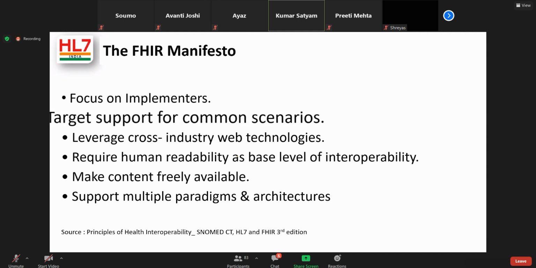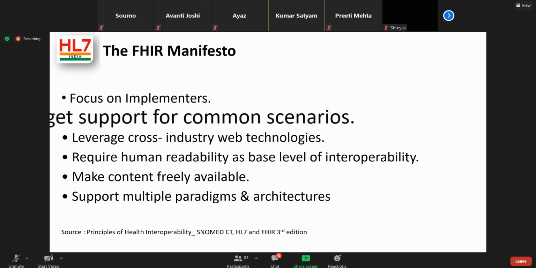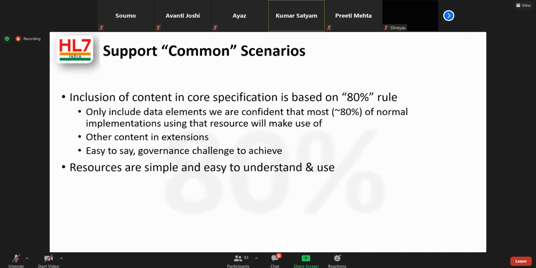The thing to note is that what we are going to talk about today, and why conformance is important, is because of the second point: target support for common scenarios, right? We will delve deeper into it today, and that will also help you appreciate why conformance is needed and what things would be required. So before we get in there, what does support common scenarios mean? It's I think an unwritten rule, but it's what it is, that the FHIR spec only includes elements if